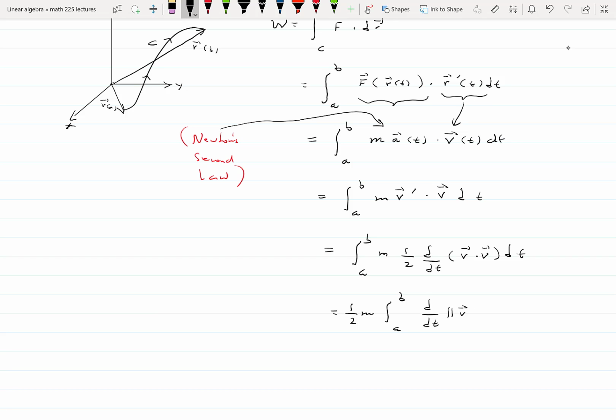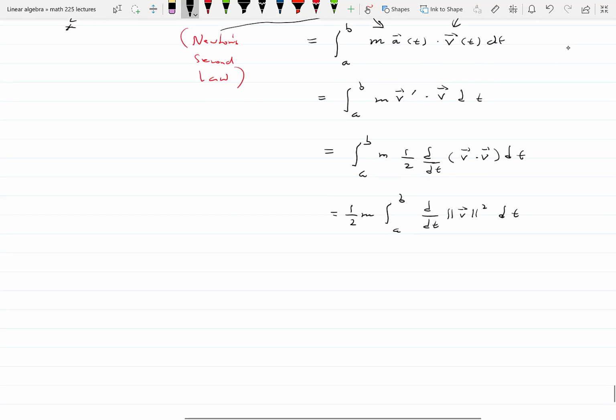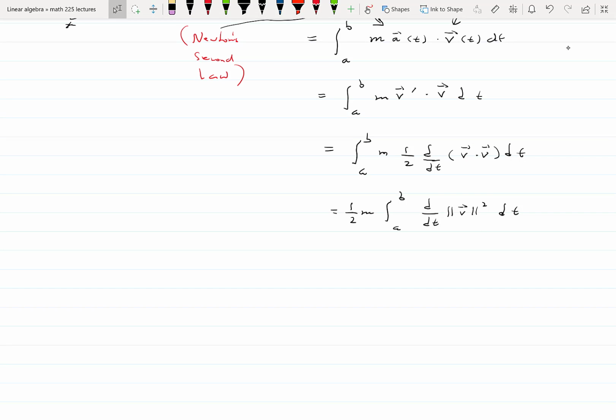Length of the velocity vector squared dt. Now, what do these two operations essentially do? What does the fundamental theorem of calculus say happens with the integral and the derivative? They cancel each other out. Okay, so this is 1/2 m times the length of v, I'll put the of t back in, squared, from